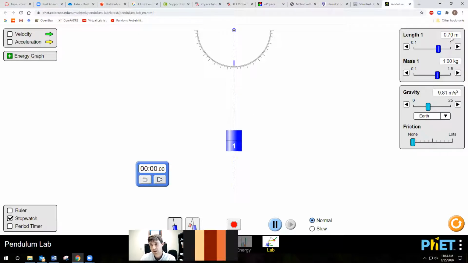The length is given to us as 0.7 meters, but there's also a ruler here. If we wanted to measure the length experimentally, or at least simulate it experimentally, and we measure from the fulcrum to the center of mass of the pendulum, we see that it is 70 centimeters, and the limitation of the measuring instrument here, the ruler, is in increments of